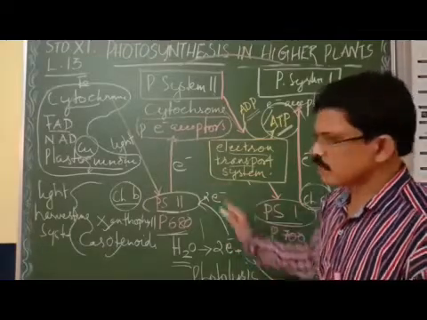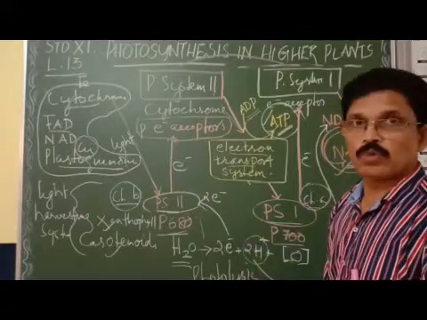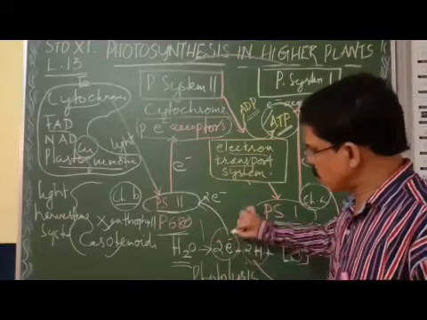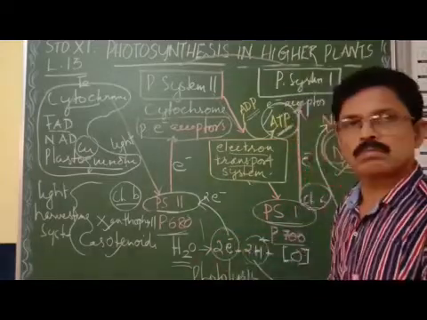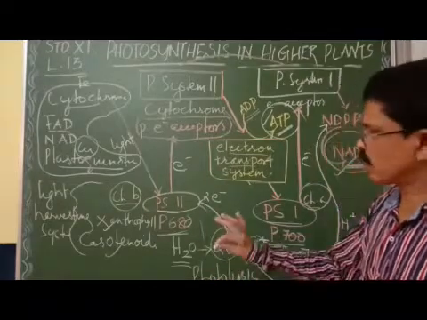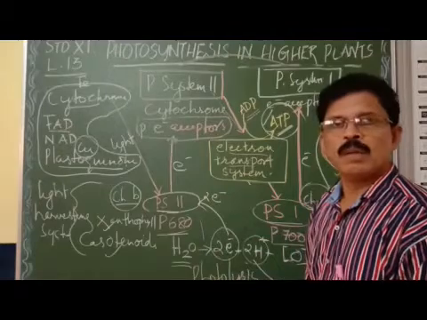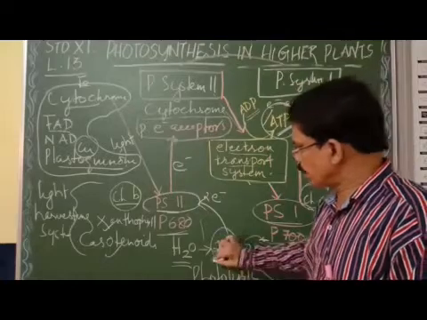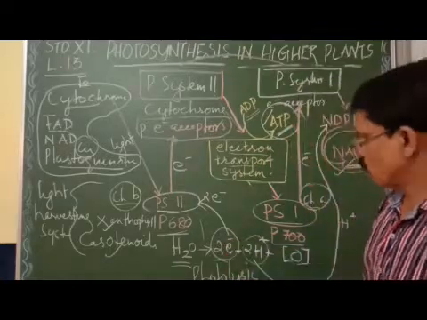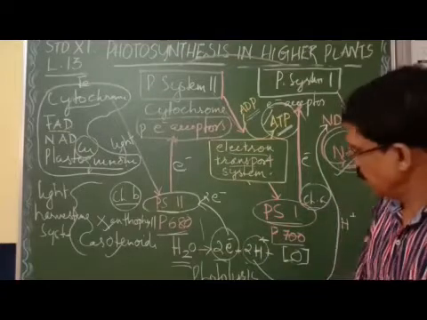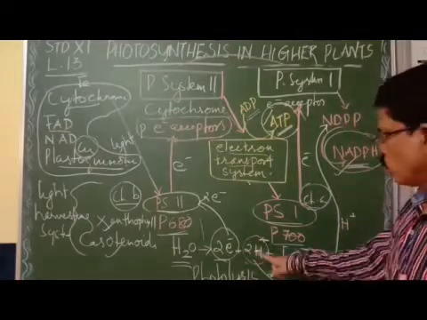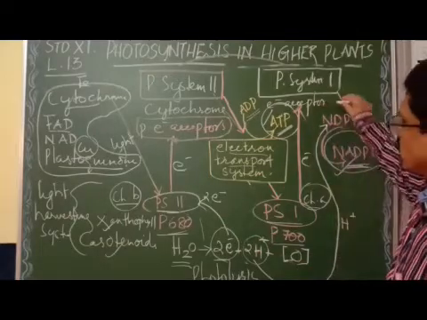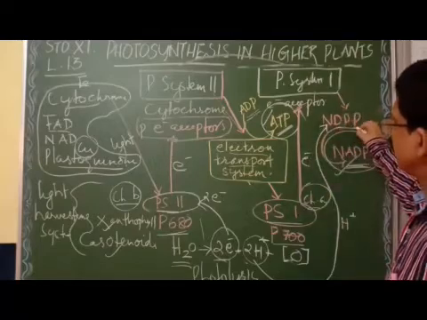Electrons will be added to pigment system 2, which actually lost the electron. So the lost electron will be compensated by the electrons formed from the water. There is a deficiency of electrons in PS2 because PS2 lost the electrons to PS1, so the lost electrons will be compensated by the electrons formed during the photolysis of water. Clear? Right. The 2 electrons are over; now the 2 hydrogen atoms go to the NADP along with the electrons coming from pigment system 1. NADP is reduced to NADPH.